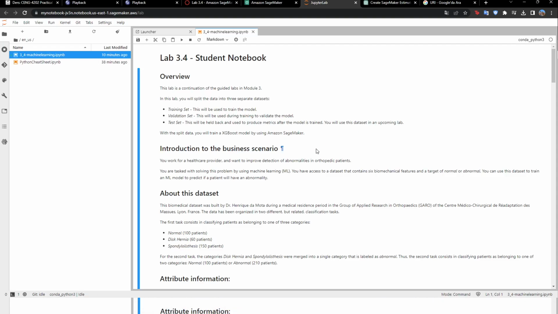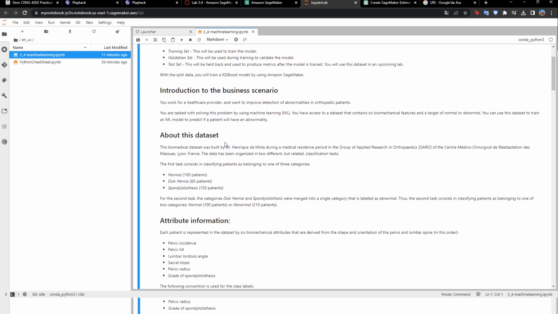Hi friends, today we are going to do lab 3.4 in Amazon SageMaker. It will be about separating our data sets into training sets, validation sets, and test sets. The work in our lab is about a healthcare provider, and the aim is the detection of abnormalities in orthopedic